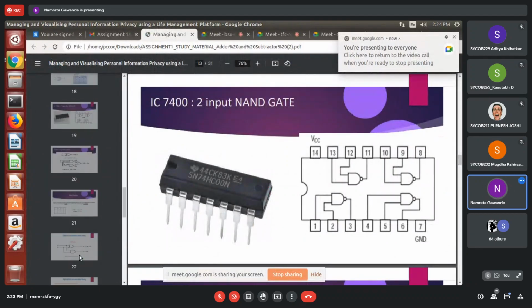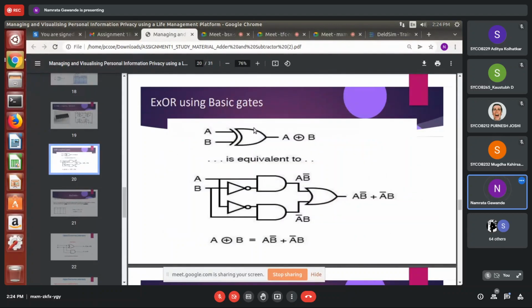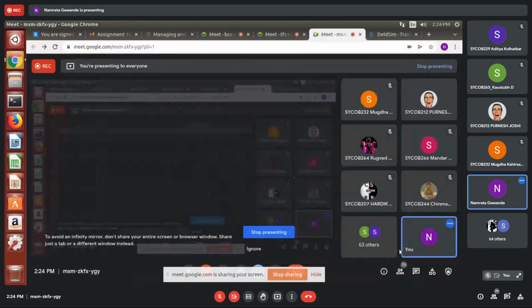Roll numbers 1 to 35 will implement full subtractor using NAND gate, and the remaining roll numbers will implement half subtractor. You got it, students? You have to just swap for the second assignment.